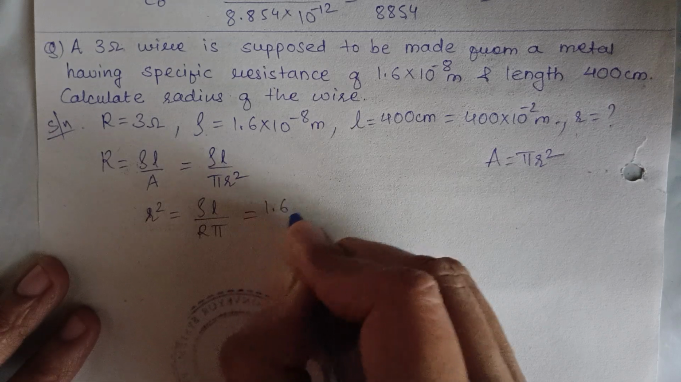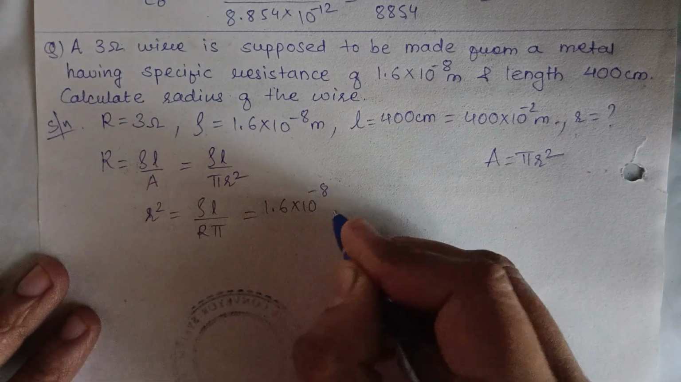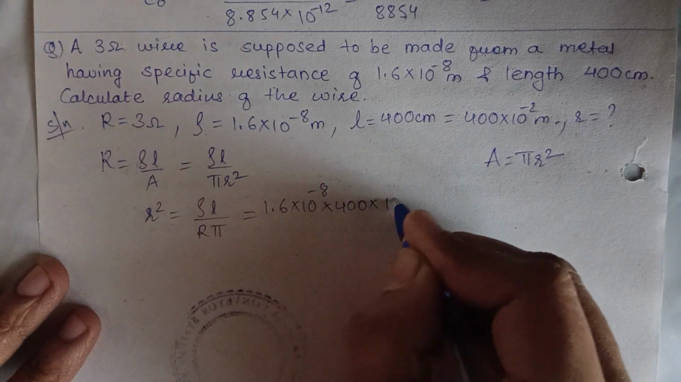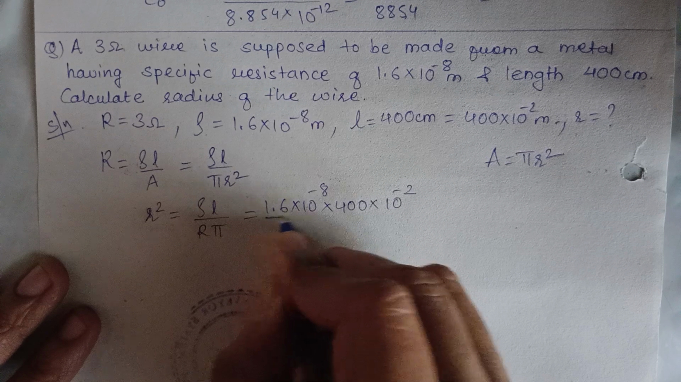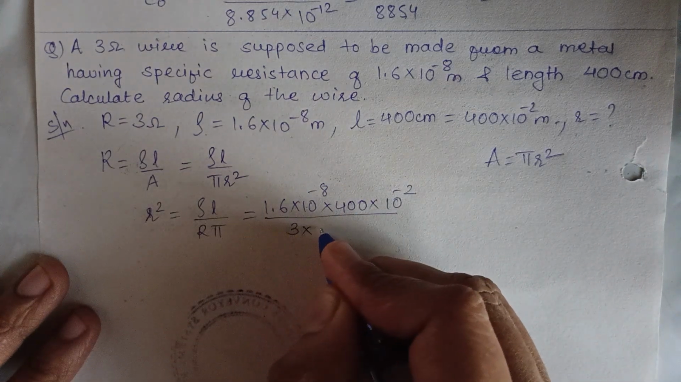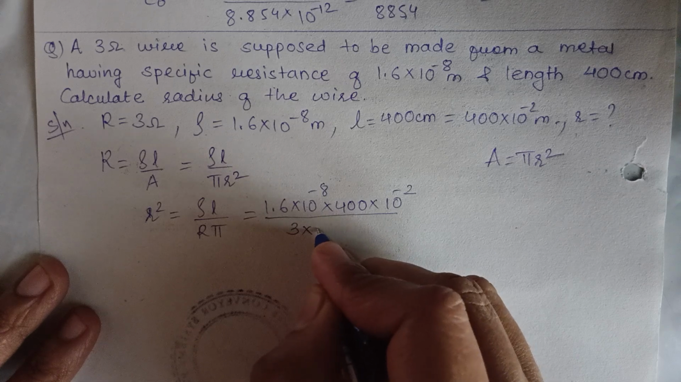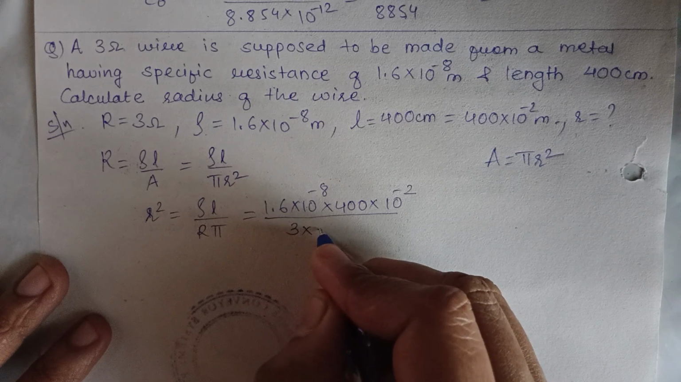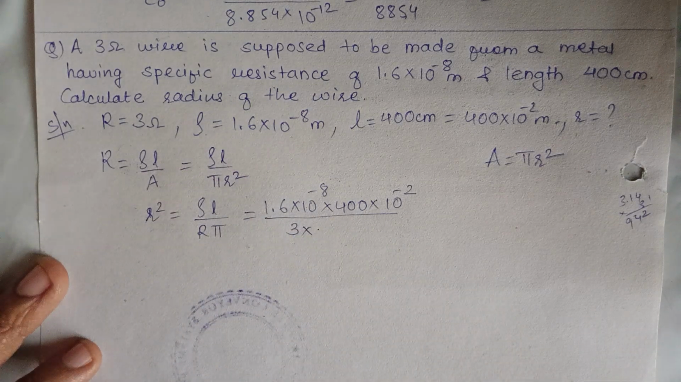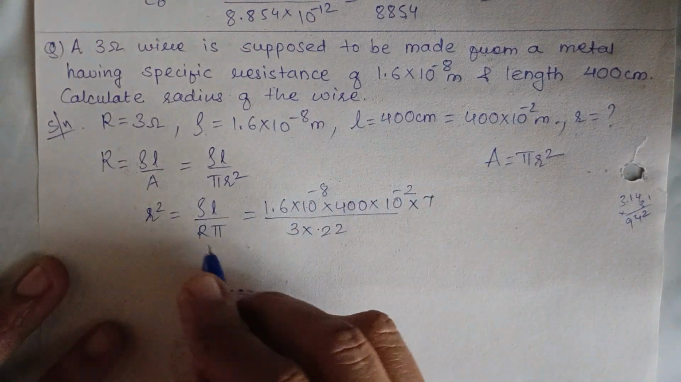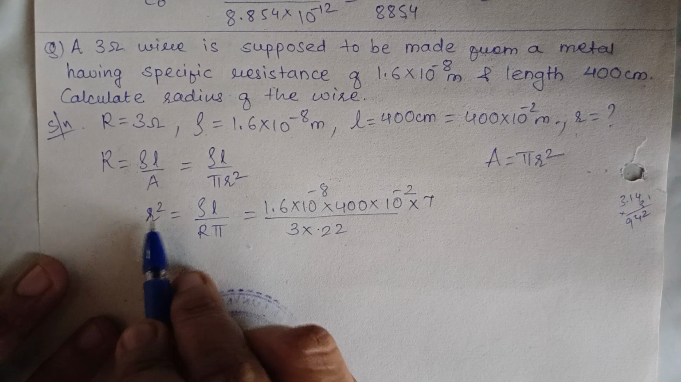Rho is 1.6 into 10 raised to minus 8. Length is 400 into 10 raised to minus 2 upon R is 3. This is 22 by 7. Or we can write 3.14. So when I take root, okay,